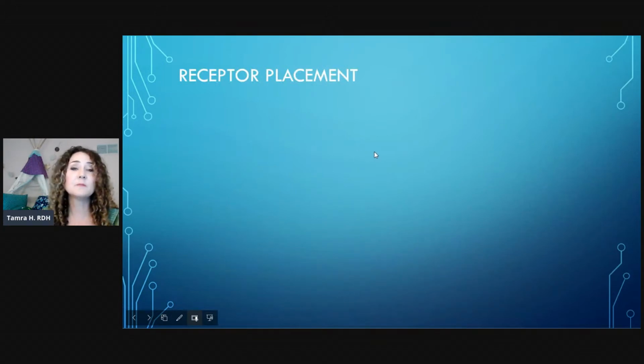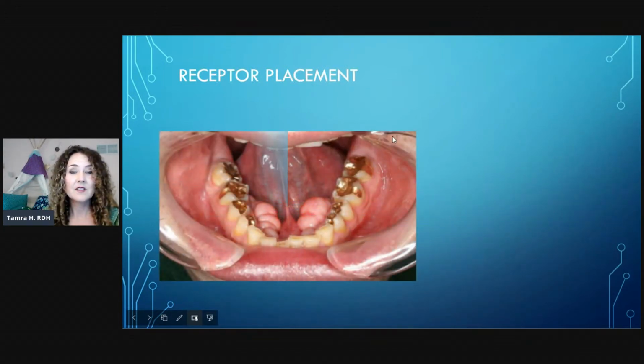When it comes to receptor placement, consider the mouth that you're working in. What challenges or obstacles might we have? Do we have a patient who has mandibular tori? Are we going to be able to comfortably sit our sensor and rest it right between those two bony tori? What about a lingual foramen? A lingual,